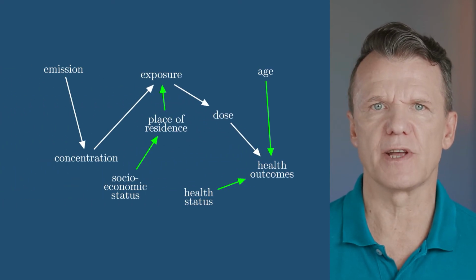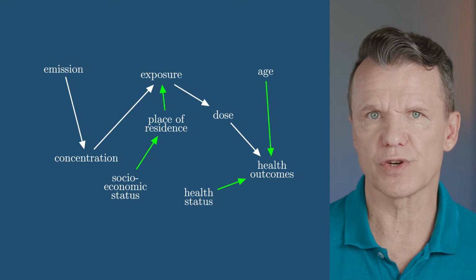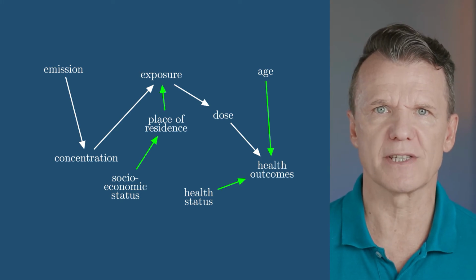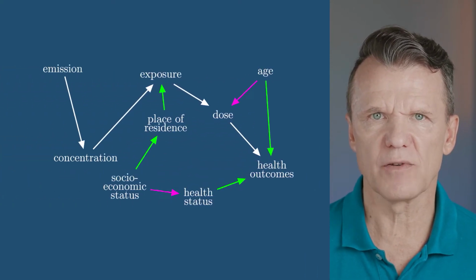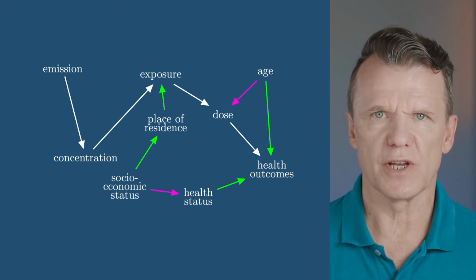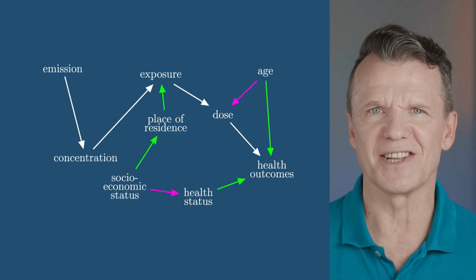Other factors may influence the elements of this chain. Health effects can be influenced by health and age at exposure. Exposure depends on where you live, which in turn depends on socioeconomic status. These factors can be part of their own chains too. At the next level, we find dependencies between factors from different chains. For example, socioeconomic status can influence health. Those can depend on age. This leads to multiple and branching chains. Dependency graphs summarize what is known about factors affecting treatment choices and the occurrence of outcomes, directly or indirectly.